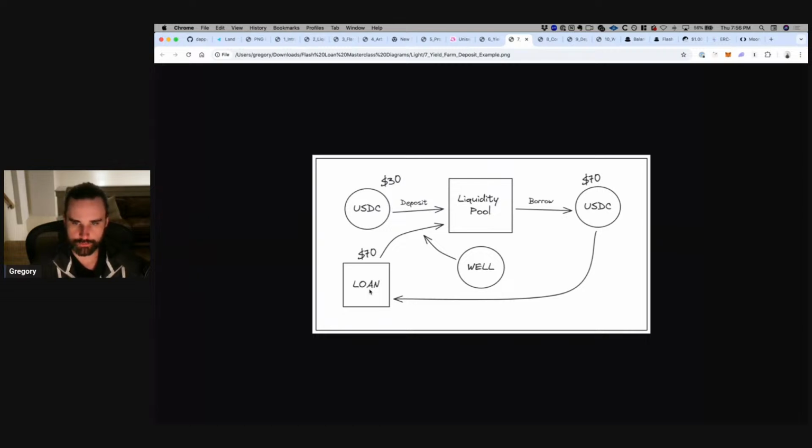So working on all the different use cases for flash loans. We talked about them a little bit at the beginning of this presentation. We've got more videos in the Blockchain Mastery Vault on things like liquidation and arbitrage, which you can definitely check out.